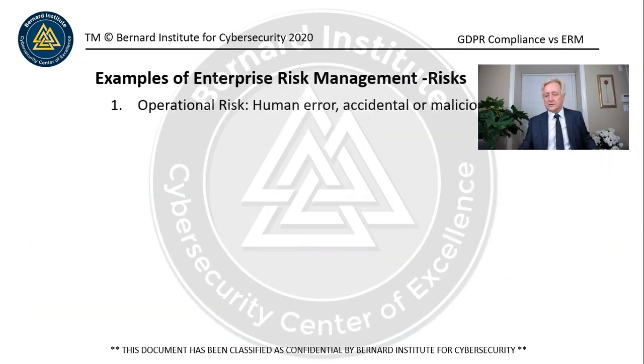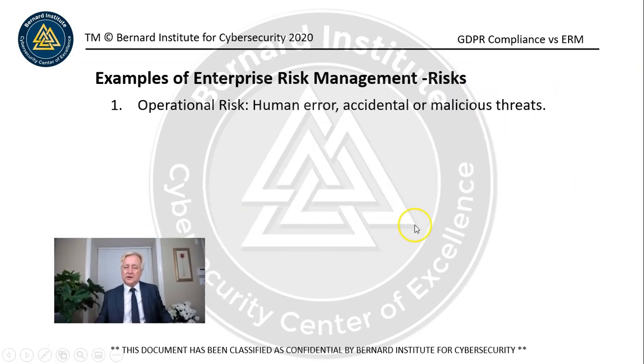Okay, so here are some examples of the types of threats that we talk about when we talk about ERM. Operational risk, for example, could be human error, could be accidents. Somebody does something unintentionally. We had a telecommunication outage in Toronto once where one of the Bell guys was working in one of the main switches downtown, and he dropped his wrench and it fell right into a bunch of circuits, and 911, all the phones were down for many hours in Toronto. That was a long time ago, but it was a serious matter. So human error or accidents sometimes happen.